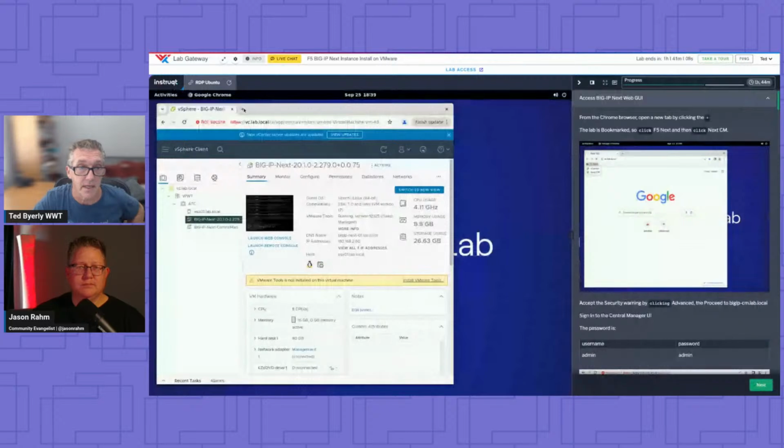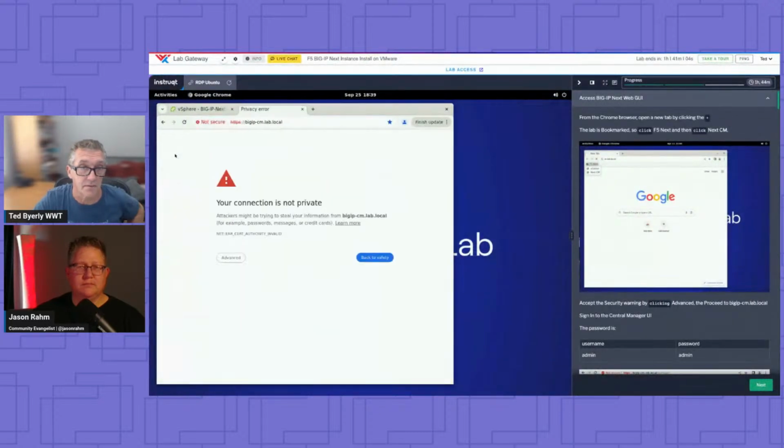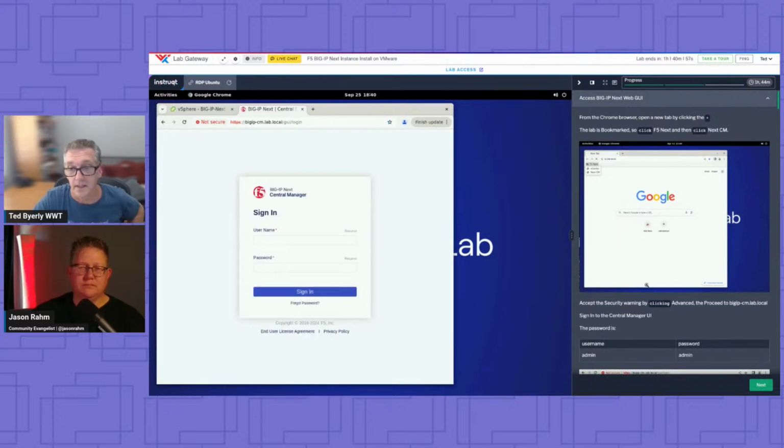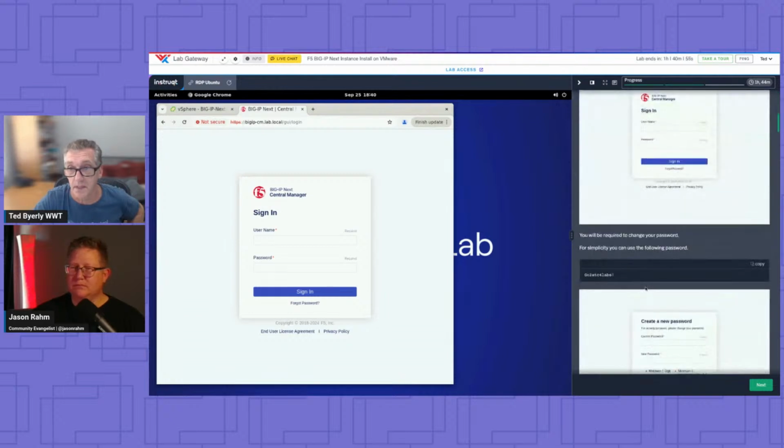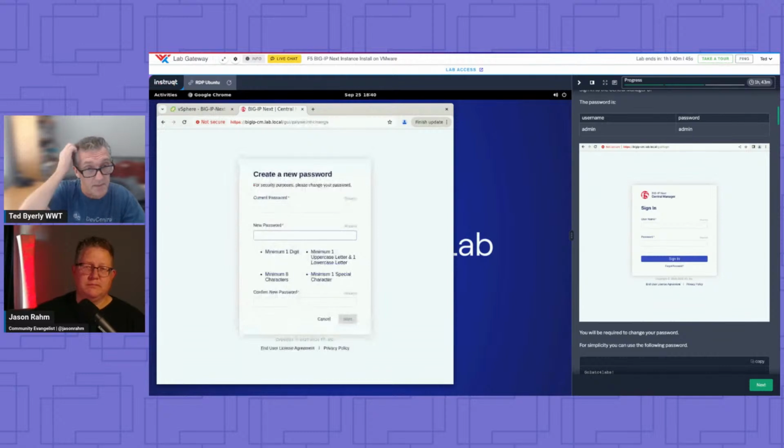Going to open up a new tab here because now we're going to go to Central Manager. And again, I call it out here just so we can talk about it. You're going to log in again using admin. Some people are going to say, hey, wait, I thought I changed that password. And you did, but it's two different subsystems. We could probably talk about that. You've got the API and you've got the GUI. So just change it again. We're going to use the same one again.